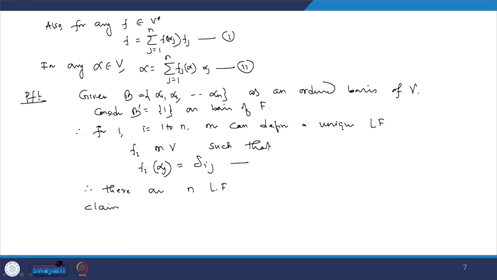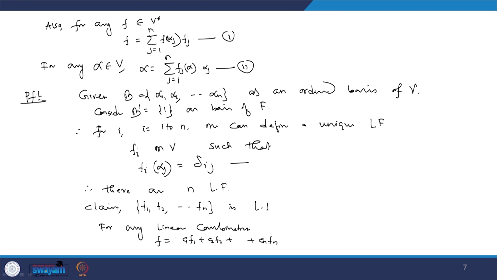Claim: this F1, F2, Fn is linearly independent. For any linear combination, say C1 F1 plus C2 F2 plus Cn Fn, if I consider any linear function f which is a linear combination of F1 to Fn, that is, f equal to sigma Ci Fi, then we have,